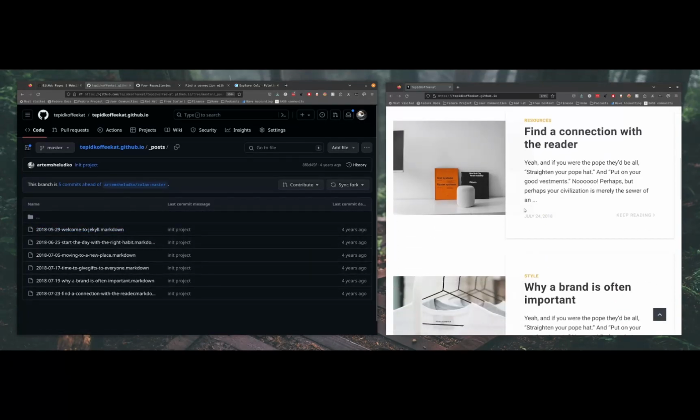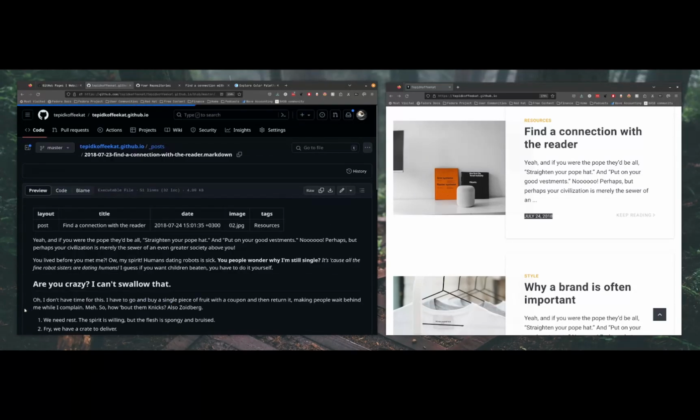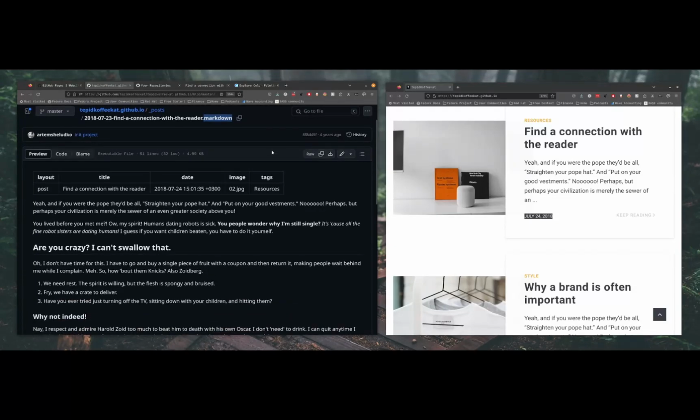So you see here, this one says July 24th, find a connection with a reader. You'll see that down here, July 23rd, interesting. Find a connection with a reader. With these posts, generally the convention is to have year, month, day, title, and then .markdown, or you can put down .md. I'm not sure why they put down .markdown, but